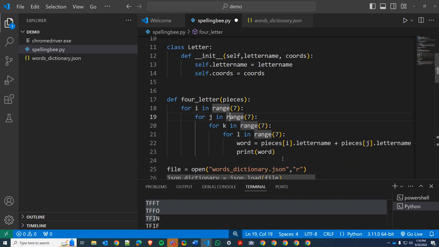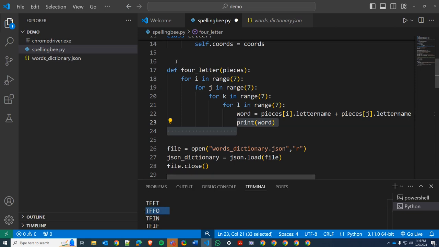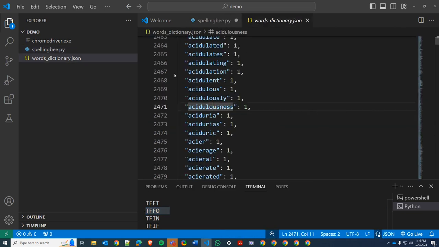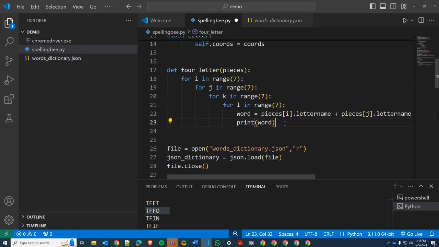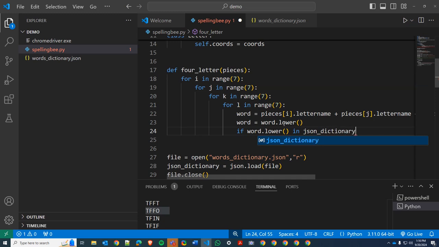function here, and first of all, these are uppercase, and in our dictionary we have lowercase, so we need to make it lowercase. So we'll just say word equals word.lower, and then we're going to say if word.lower in JSON dictionary. And